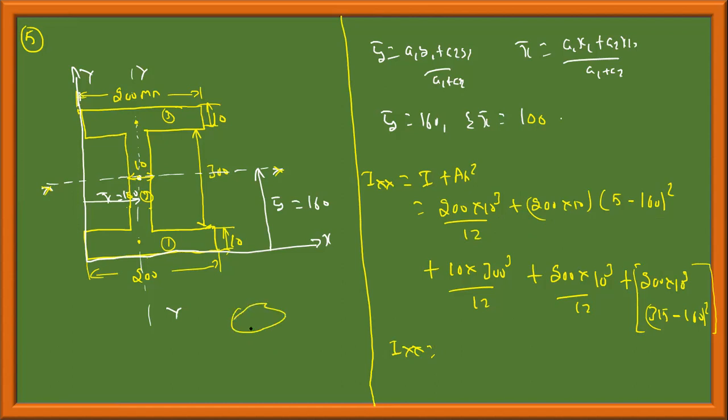If I calculate the moment of inertia about some axis parallel to the centroidal axis, then the moment of inertia is the moment of inertia of this body about its own centroidal axis plus the summation of the product of the area and the square of the distance from centroid to centroid. So that's what I'm taking. You can refer to your mechanics book if you still have doubts. Tell me what is the value.